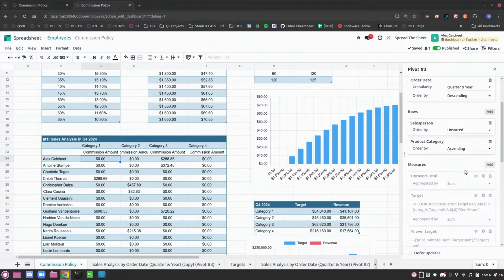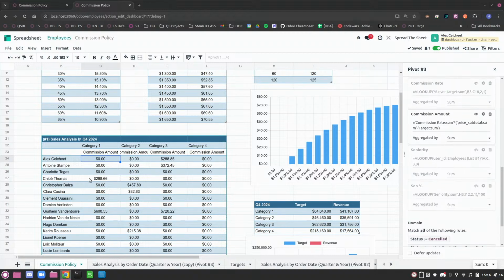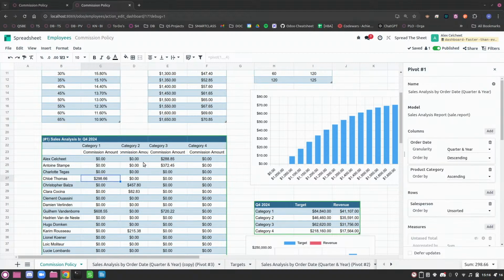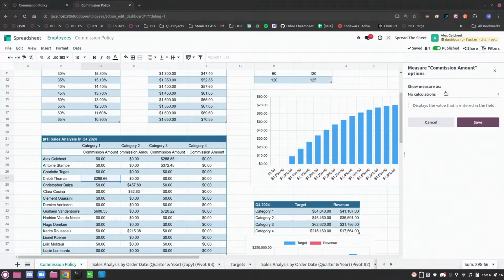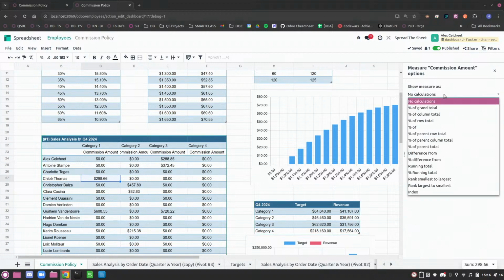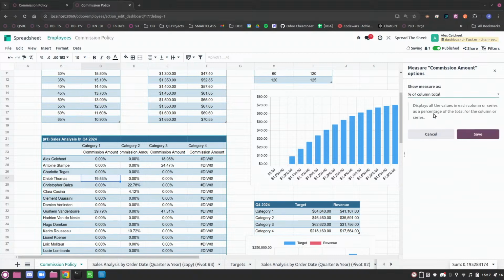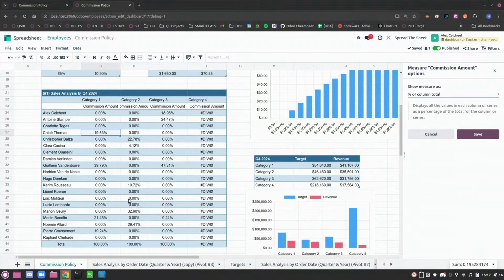The only thing I want to show here is that for the commissions, so going back in the pivot one here, properties, you will see that my scorecards here have a small cog, and the usage is that I can either show the row value or I can even show them as a percentage of the column total, the total. And what this will do is that the amount can be now represented as a percentage, and you can see that now every person can have their percentage, say participation for this category for this whole quarter as well. So that's a new feature that you can use, which can help you go a bit faster in certain computations